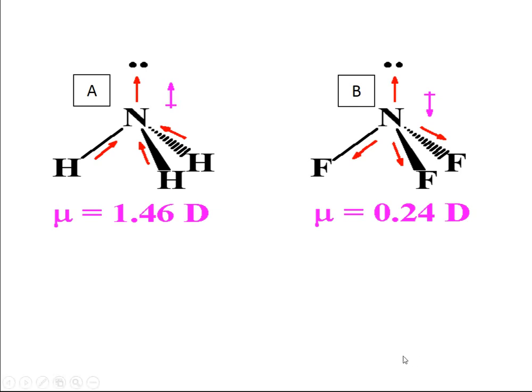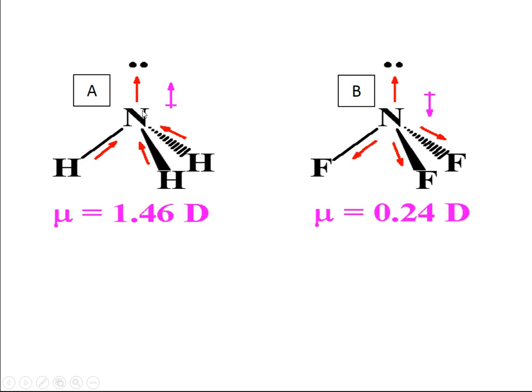Now, let's look at the dipole moment as a number. So this is the symbol for dipole moment, and the dipole moment is measured in debye, named after the person who studied this. Now, if we compare the two molecules, this is ammonia. This is nitrogen trifluoride. So if we compare the two molecules, we see that